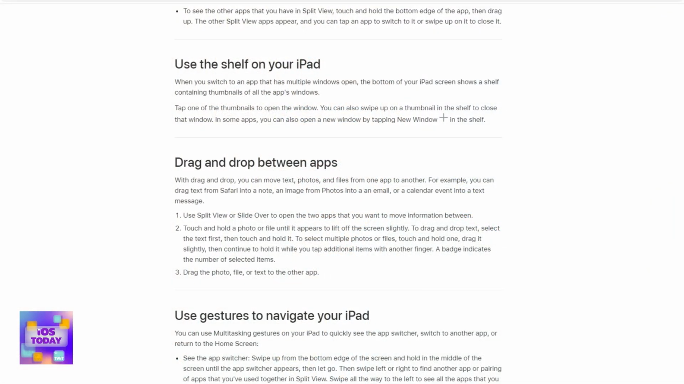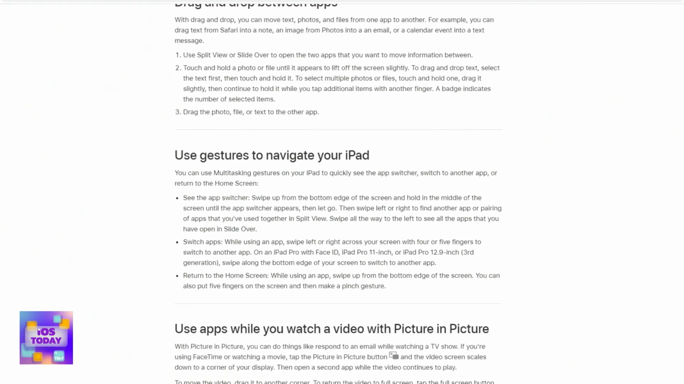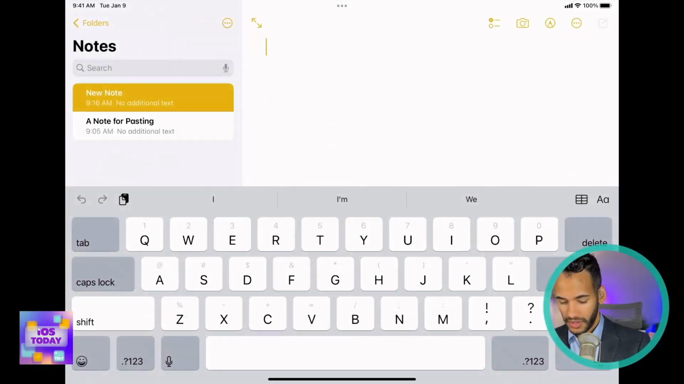And as far as center window goes, you need an app that supports it. So Mail and Notes are two of the apps that support center window. If you touch and hold on an individual email, note, or other item, then choose Open in New Window, that will make that work. So let me create a new note and call this